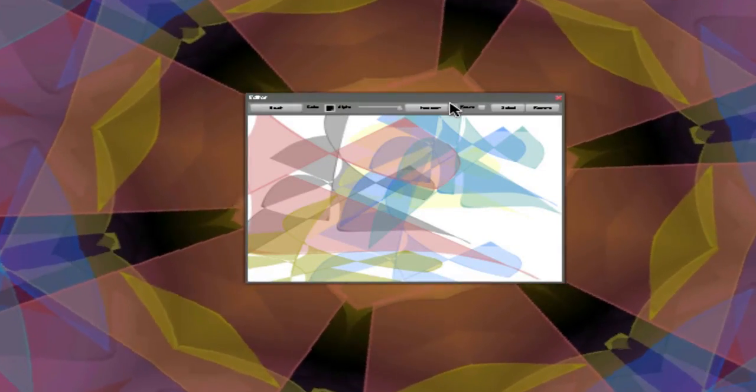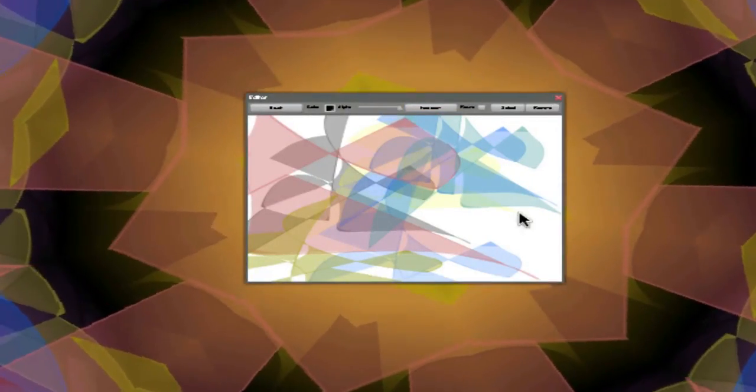But just occasionally, I'll slow it down there. You can see all the glaze effects coming through, and it really does look like an old style kaleidoscope now. And that's just by playing with the alpha settings and using a brush, which on the face of it doesn't seem as though it's going to do very much, but even though the brushes look odd in the editor, within the kaleidoscope itself, they sometimes look